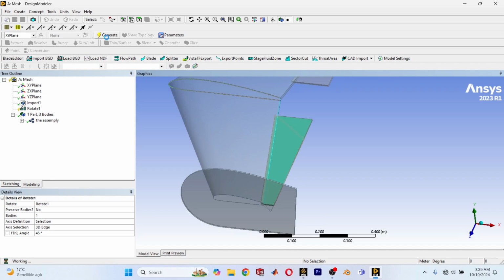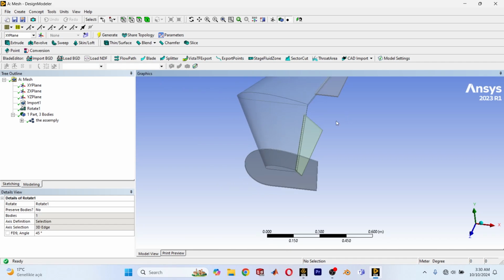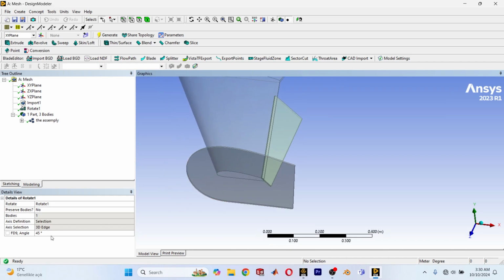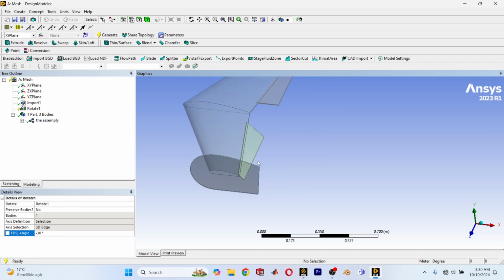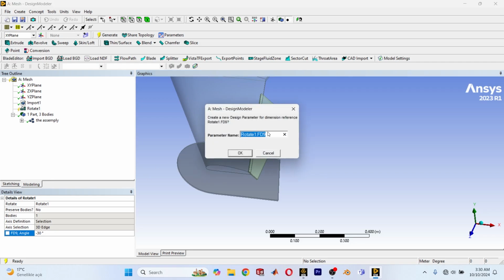Let's generate. Okay, this is the control surface. If it is tilted, but we are not going to tilt it at 45 degrees. We are going to make it at first minus 30, from minus 30 to 30, and we are going to increase 5 by 5. Make a parameterization, make it